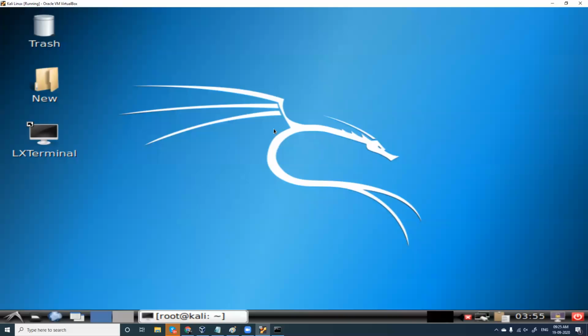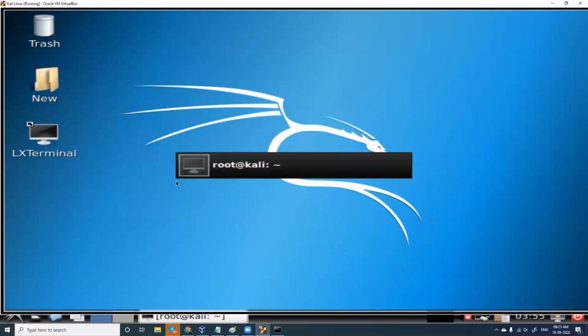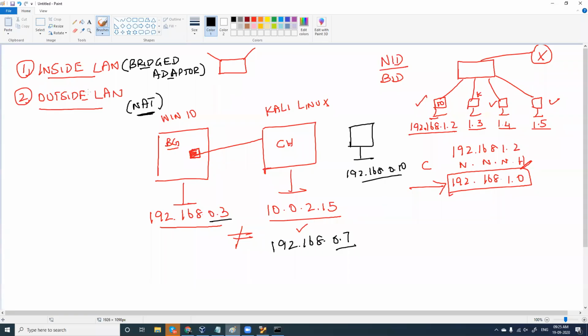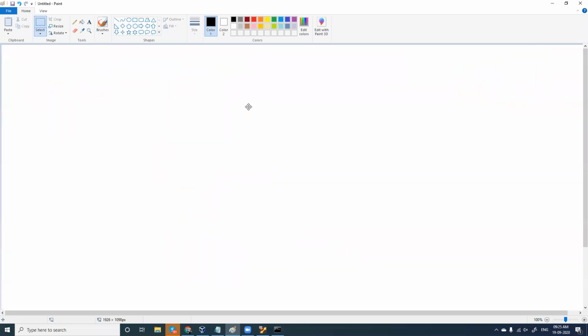And virtualization is one of the best ways to learn different operating systems and to know the purpose of each operating system, right? So having said this, I hope this is clear for you guys about why we go for virtualization, why we go for Kali Linux, and the basic network settings, NAT and bridged adapter. Fine, we have two settings here.